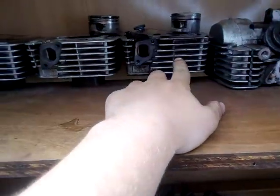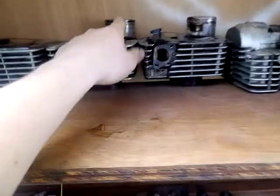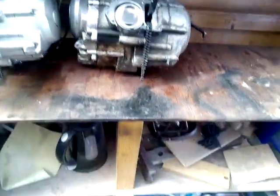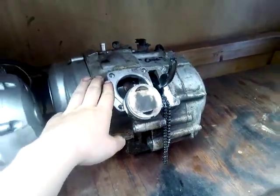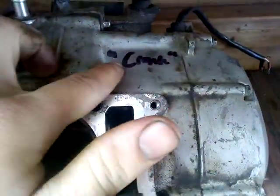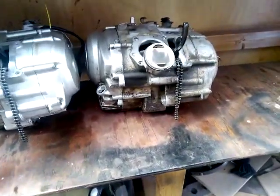That's my original bore. That's the one I bought. This one's from the XT. Right, and that's the XT piston, which was also scored to shit. Right. But this one here, I was told, this one was a complete engine when I got it. I was told that the crank was gone, which is why I've written on it, crank, if you can read that. But after looking at the piston, I think it could have been piston slap the whole time,